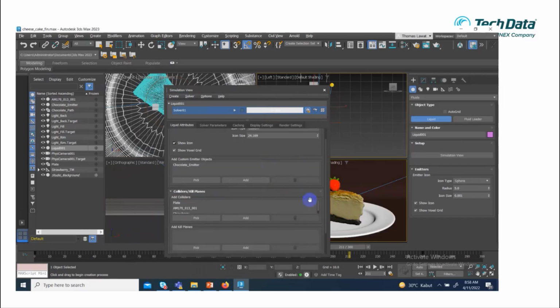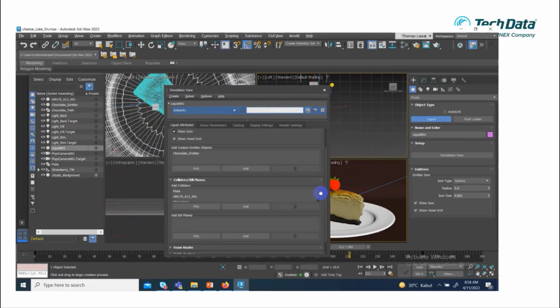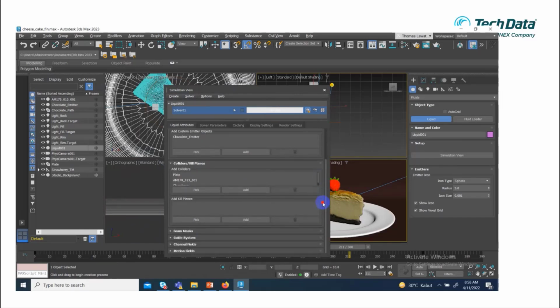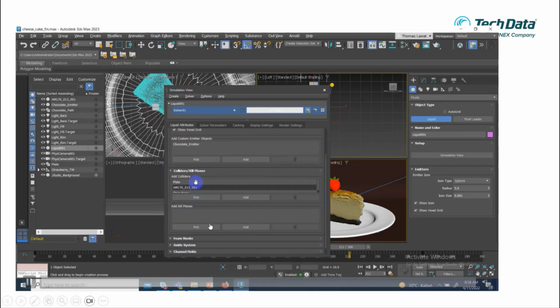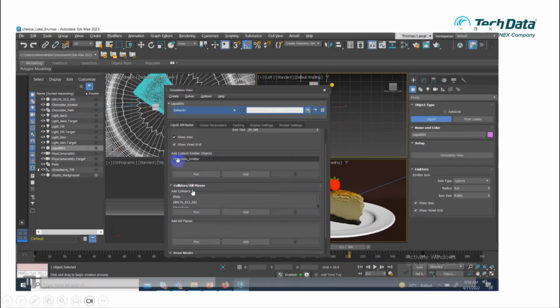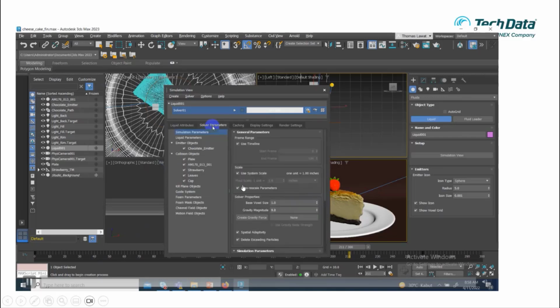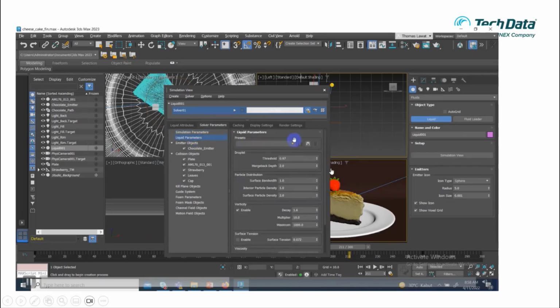If you're using a dynamic system in 3ds Max, I think it's the same, like a kill plate. Why do we need to define it? When you forget, sometimes the fluid you create goes through the plate. That's why we need to choose.